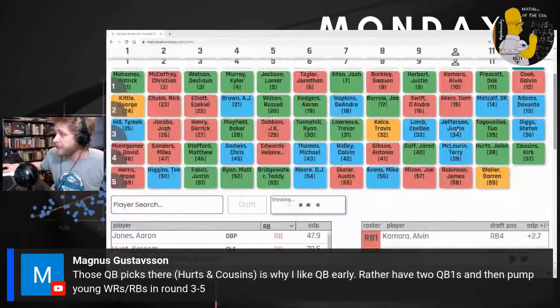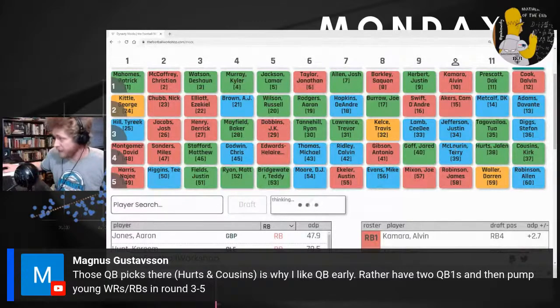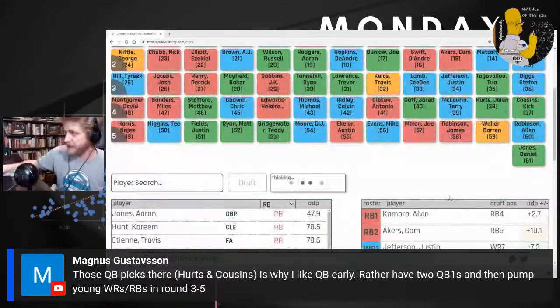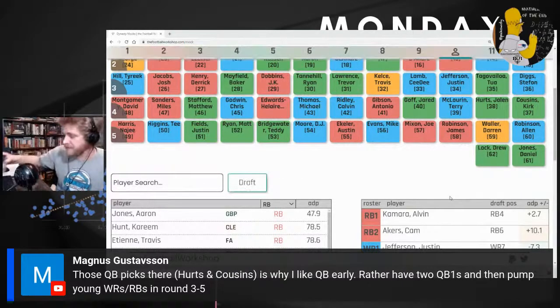Jefferson could, JuJu, to be fair. Terry McLaurin is stuck in Washington, so that could struggle. But wide receiver production's easier to make up, to be fair, even within this draft. And I don't think their value is going to drop drastically. Not even JuJu's tanked. And we've got solid running backs, so all we need is quarterback production. Whereas the other teams now have to match that. And it's harder to match running back and wide receiver production the later we get. Well, that's my general thoughts. Like, this isn't an actual team. God knows if I'd be happy.